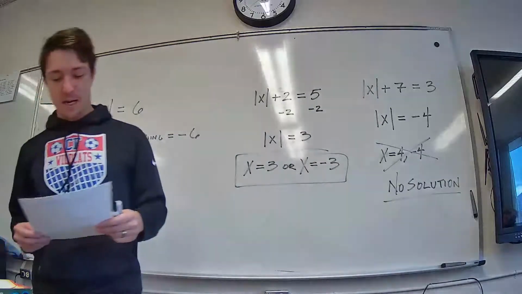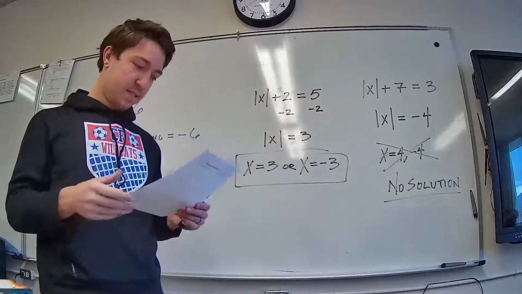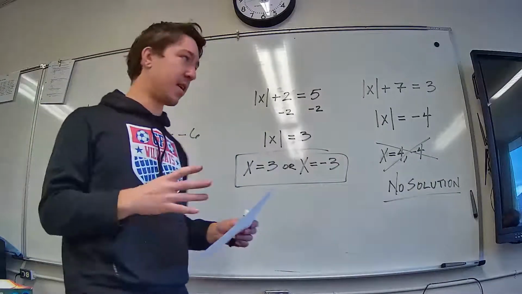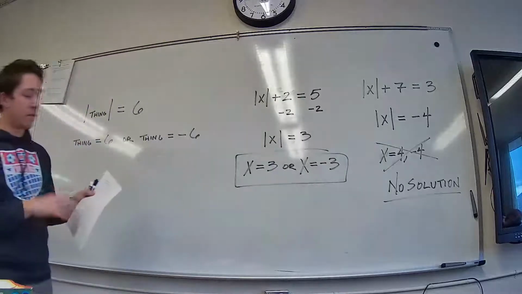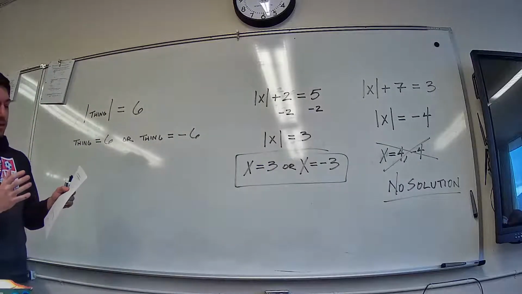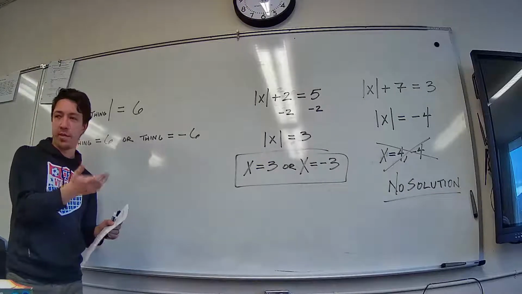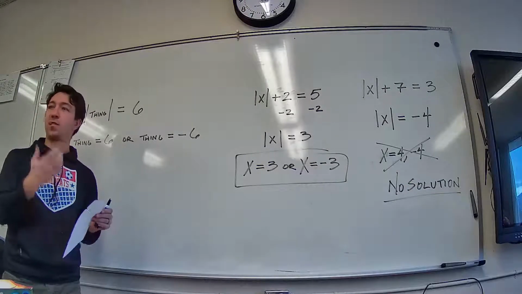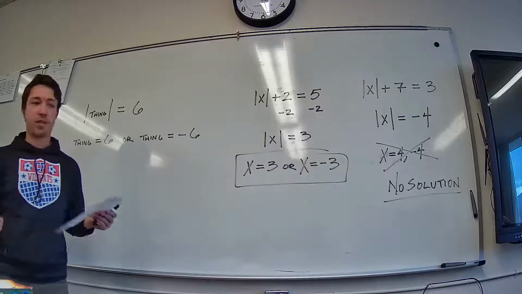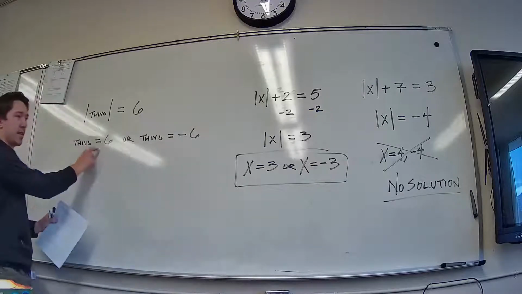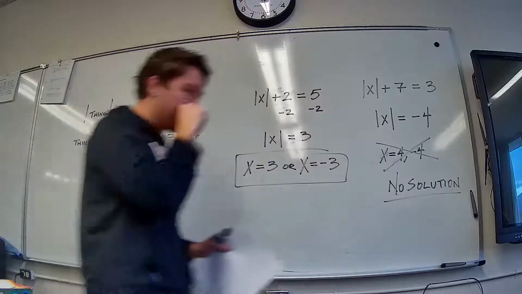One more. Look at C. We'll do one more because A and B are both sort of similar, because the only thing inside the absolute value is the x by itself. What if you have a whole expression inside the absolute value? How does that change things? Well, it comes back to this idea. This is going to be important.